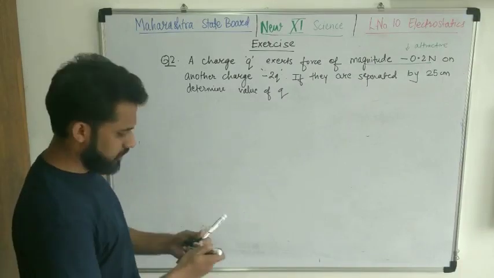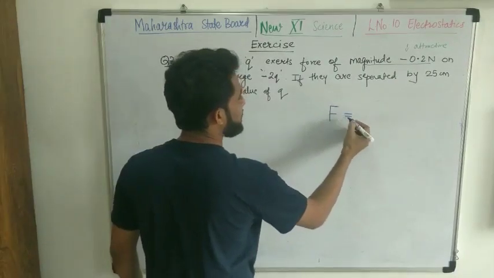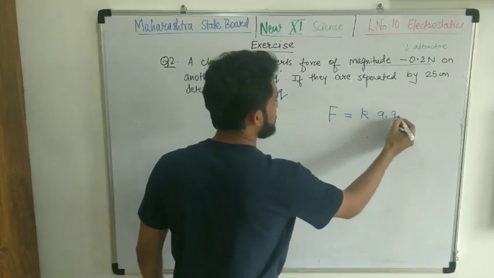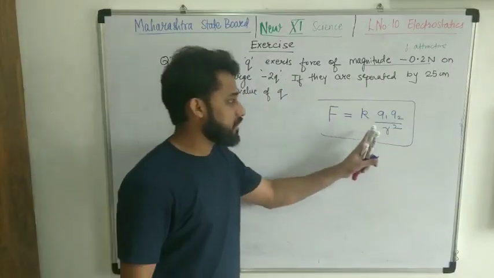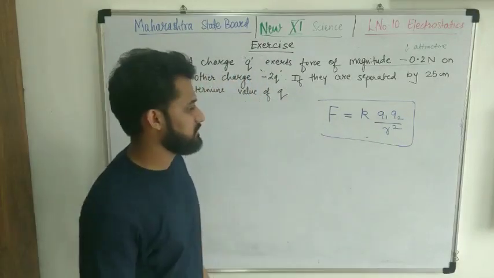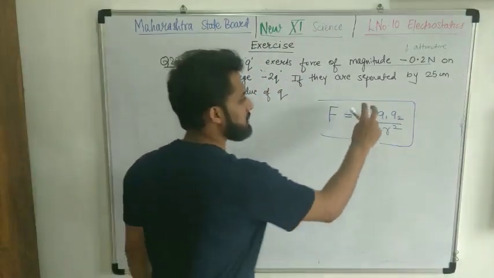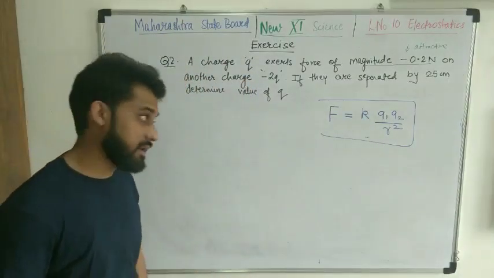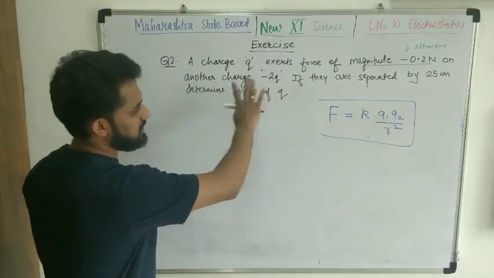So what is the formula of Coulomb's law? Coulomb's law states that the force of attraction or repulsion between two charges is K, the constant, times Q1 Q2 over R square. In this formula we only put the magnitudes of the charges and we get the magnitude of the force. We never put the signs, we never put positive or negative charge signs, we only put the numbers. The constant of proportionality is 9 times 10 to the power 9, and R is the distance. So from the given data, if you simply put the values,